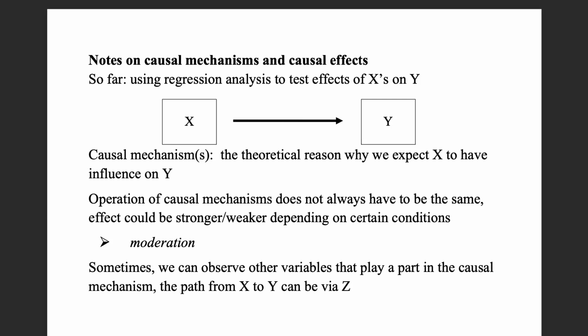So we can analyze this causal mechanism further by seeing whether there are intermediate variables, so-called Z variables, that go in between X and Y, and whether we can observe them. Because if we can observe them, then we can test this entire path that goes from X to Y via these third Z variables. And again, this gives us more room to test and potentially falsify our theory, because